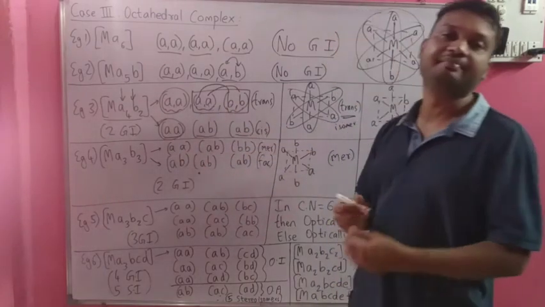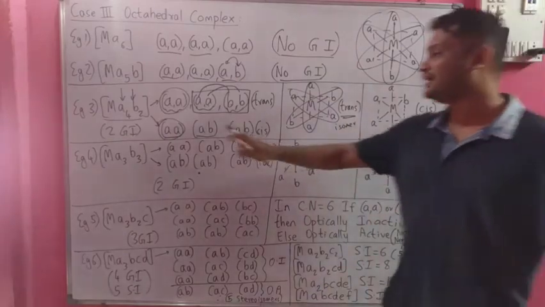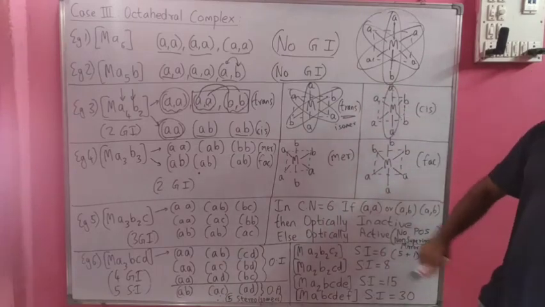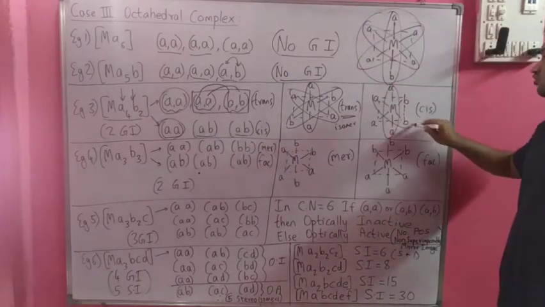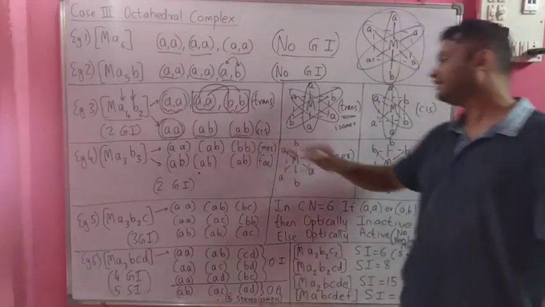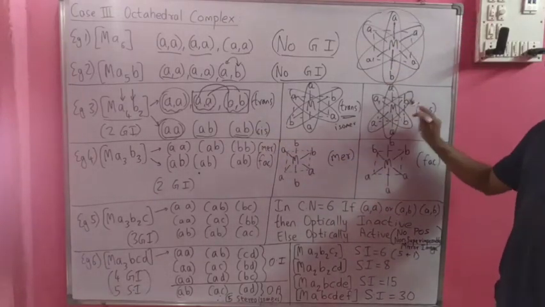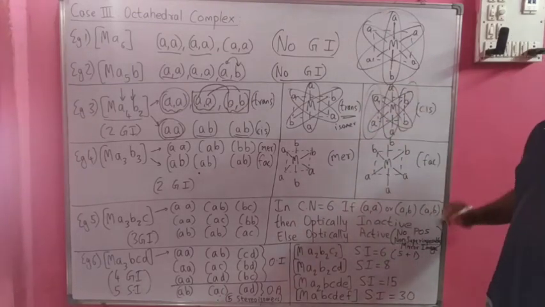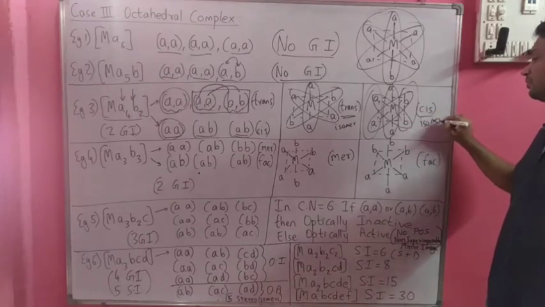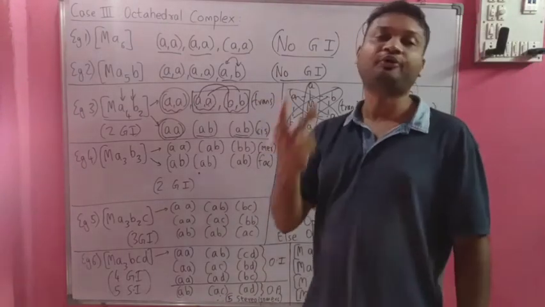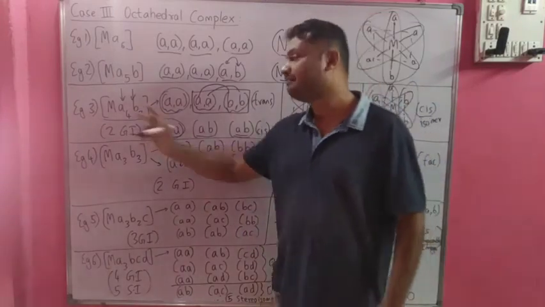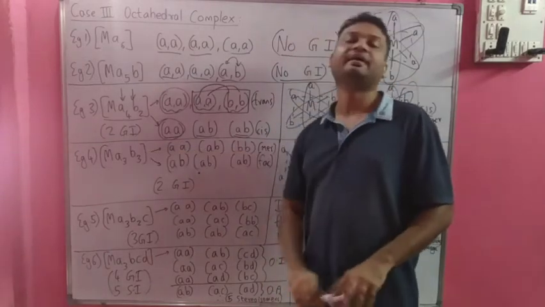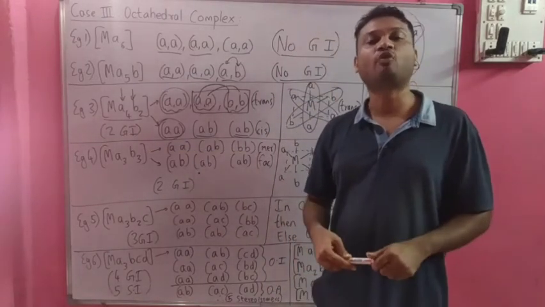Now in this structure we have A opposite A, which in this case is this one. Then we have A opposite B, which is this one. Finally we again have A opposite B. Now if you see carefully, the two A's are on one side, the two B's are on one side, so this is cis isomer. So that is why in this case we have true geometrical isomers for Ma4b2 geometry, cis and trans isomers. So two geometrical isomers are possible for Ma4b2.